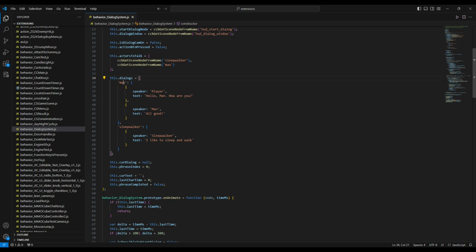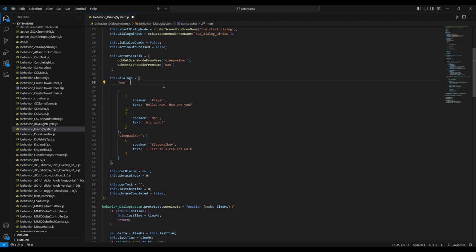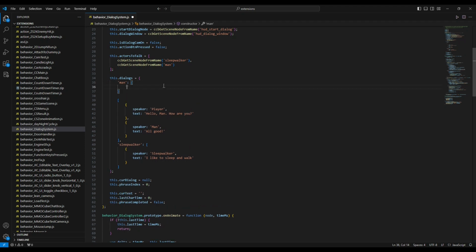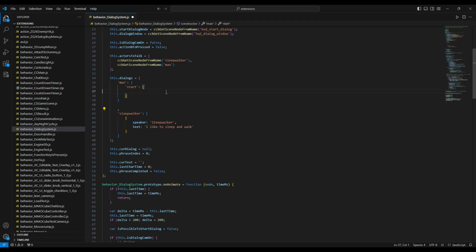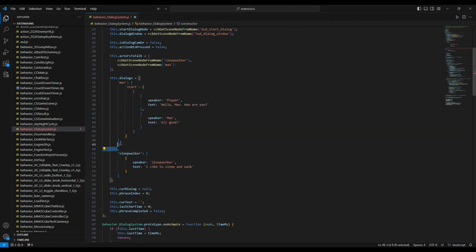So instead of storing the dialogue like that, so instead of storing an array, we will store an object which stores the array of dialogues once again. So this will be pretty simple. It sounds complex, but it's simple. Let's just call it start dialogue. So start dialogue will be default for everyone. In this case it will be our start dialog. The same will be for our